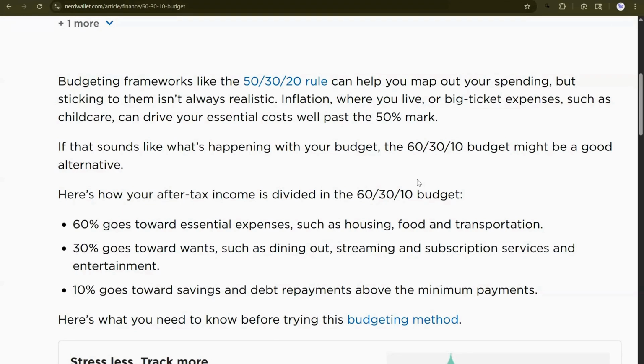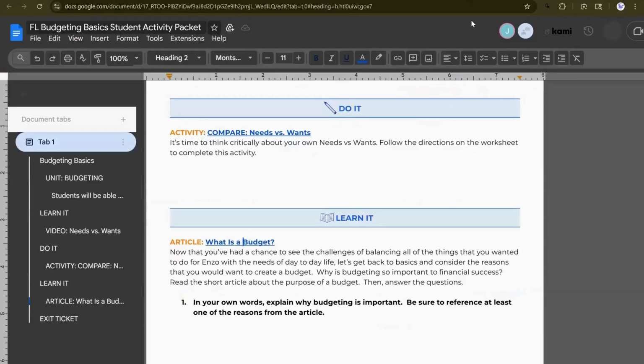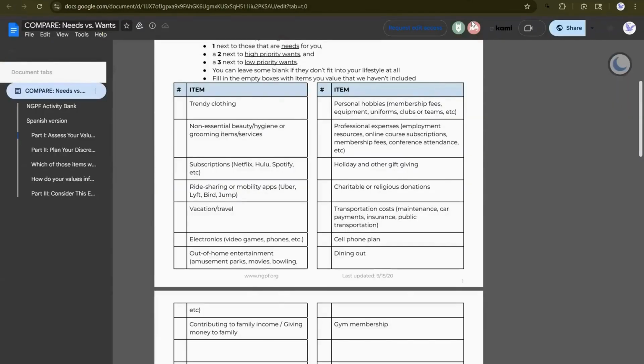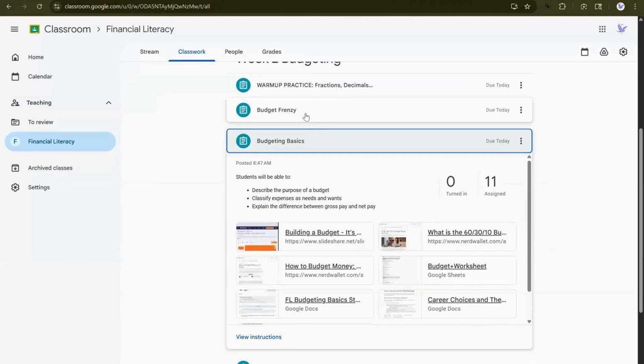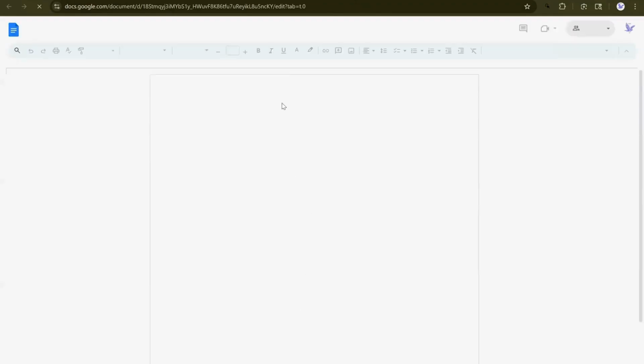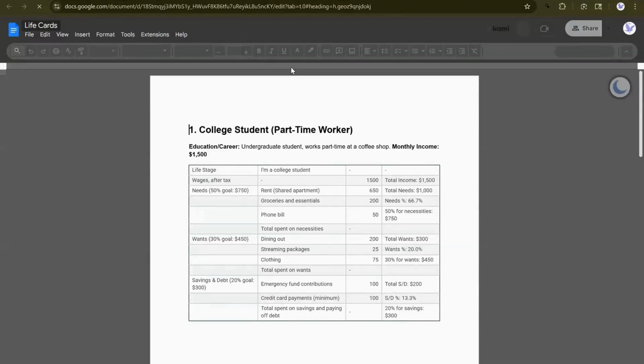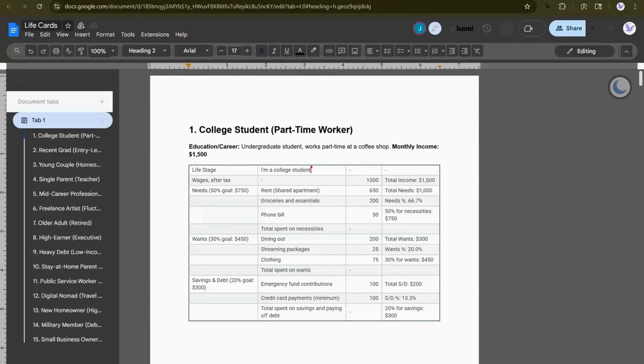So next week, you guys are going to be getting 2 lives to work with. You'll be working with the same partner, so we can get used to that. Where are all my life plans? Actually, you guys can take a look at it yourself. It's in the classroom, under life cards. So next week, you'll be working with a partner, and you'll be getting 2 lives to work off of. I will be giving you a budget.